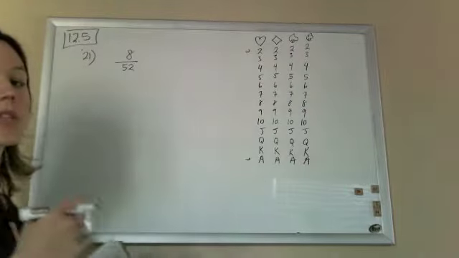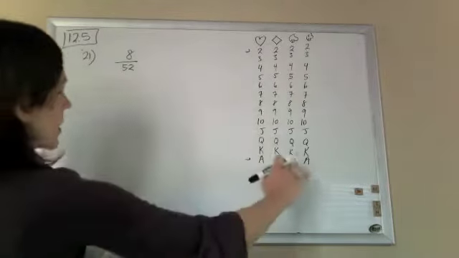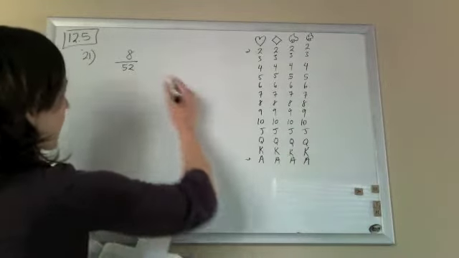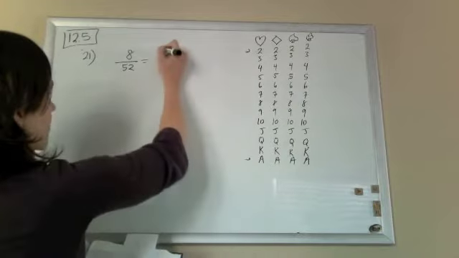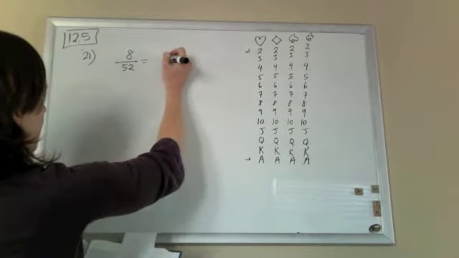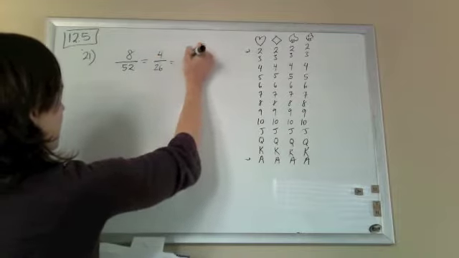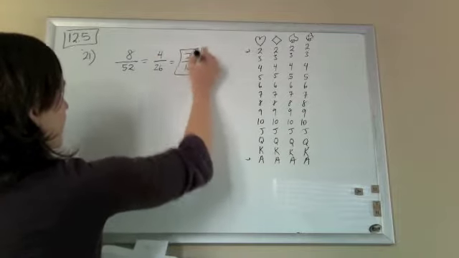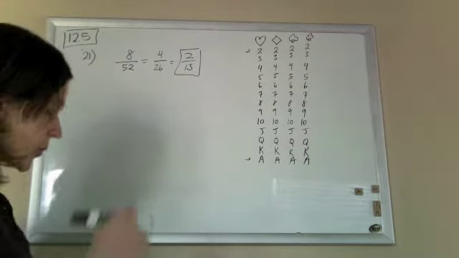So probability is always what you want over what you've got. There are 8 that we want out of 52 that we've got. So that'll simplify to, let's see, divide them both by 2, you get 4 out of 26. Divide by 2 again, you get 2 out of 13. So there's 21. For 25,